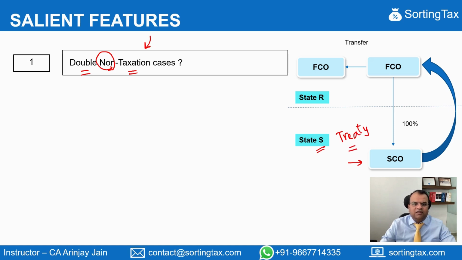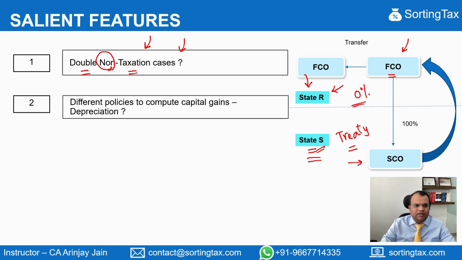And the right to tax such capital gains is given exclusively to the state of residence. But in the state of residence, let's say the capital gains tax is 0%. In such a case, while state S gives up its right to tax capital gains, state R does not tax capital gains at all. So this gives rise to a situation where there is a double non-taxation of income. In such cases, suitable clauses can be added in the treaty to say that the exemption in the state of source will be available only if this income is suffering taxes in the state of residence.